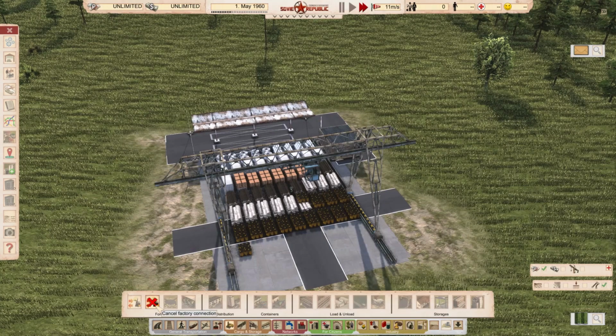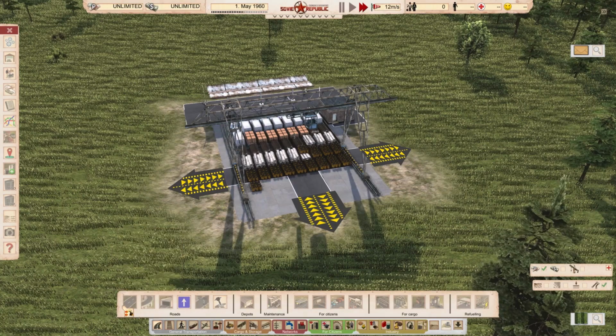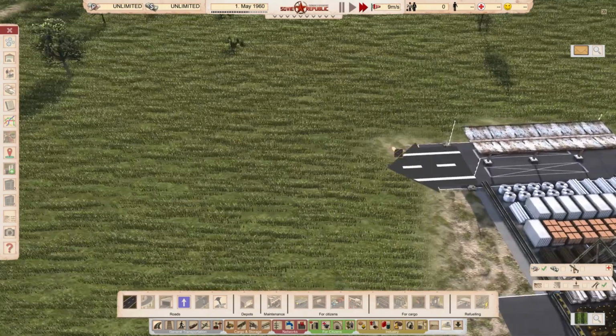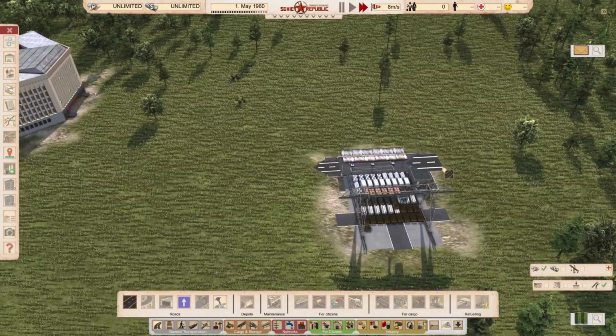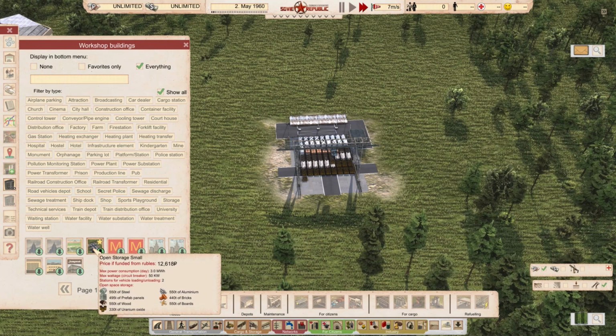Let me show you these connections on the side. So you have the connections on all three sides, and of course you have an entrance and exit for the vehicles, which is a pass-through. This would be really fast. This is actually really useful, and I'm pretty sure I'm going to be using it myself, but let me show you. It costs